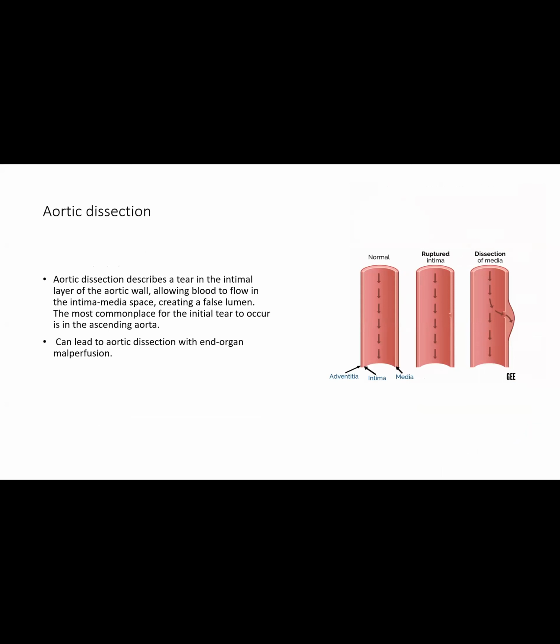So it allows the blood to flow in the intima and media space, and it creates a false lumen. You can see here. So the most common place for the initial tear to occur is in the ascending aorta, and usually the normal arterial lumen is lined by the intima, and it's called the true lumen. This is the one. The aortic lumen is the true lumen, and then the blood-filled channel in the media